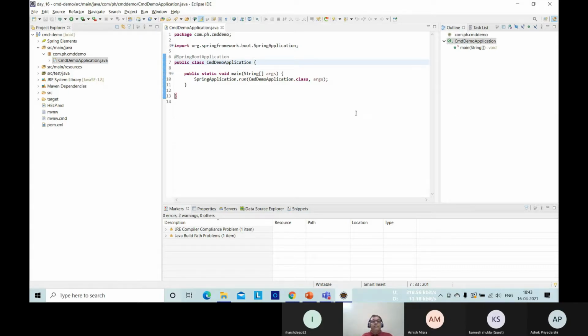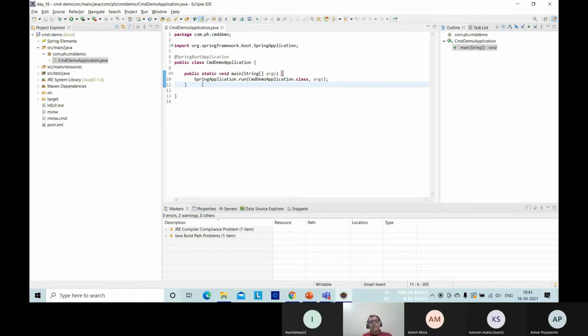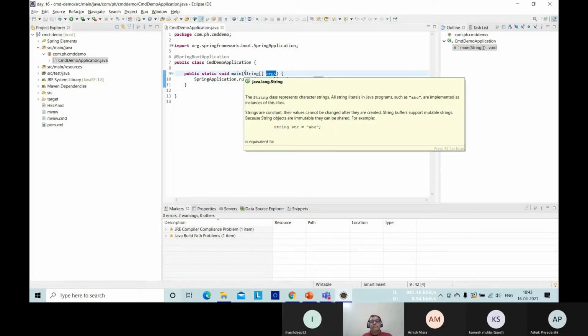Now, how the command line works, from the knowledge of core Java, you must be knowing that when you supply commands, they will be stored into this args variable as an array of string objects.